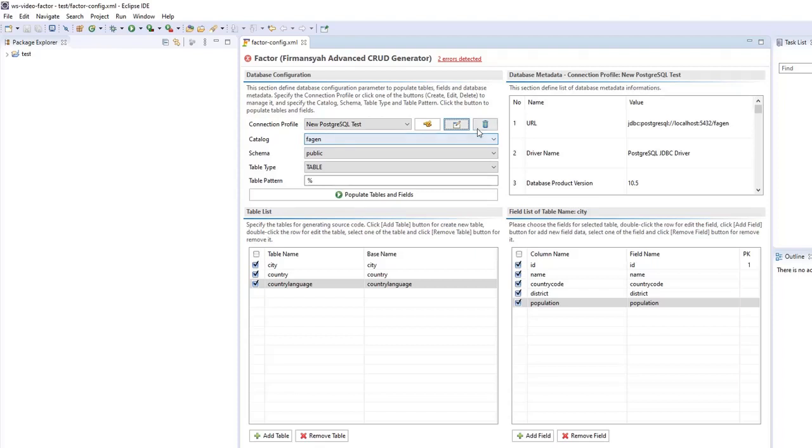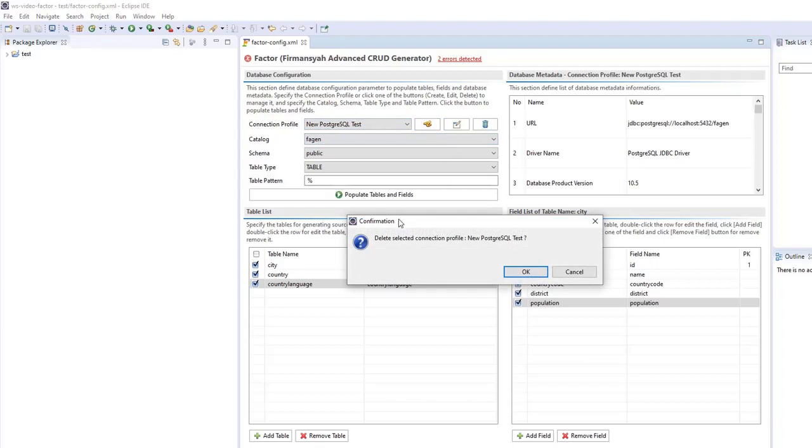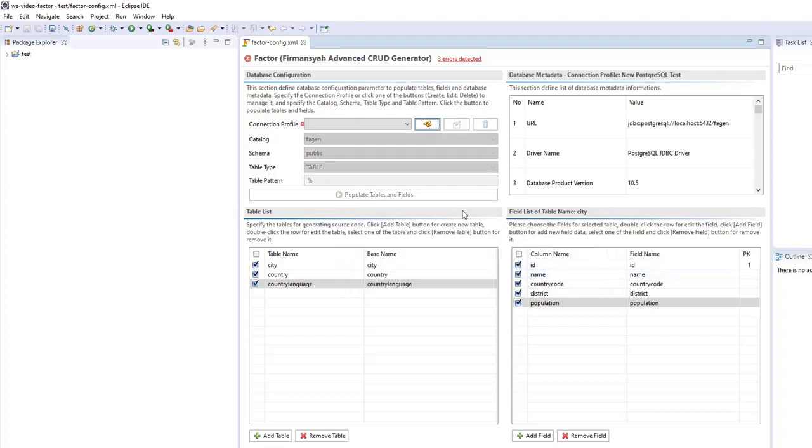And then the second button is to delete the specific connection profile that we already created. So I want to delete the new Postgres test, this one. Just click this one, and then it will prompt a window: do you want to delete the selected connection profile, the new Postgres SQL test? If you click OK, then it will remove the connection profile.